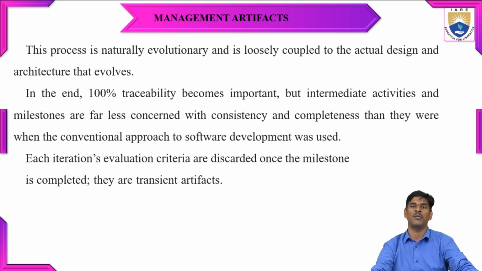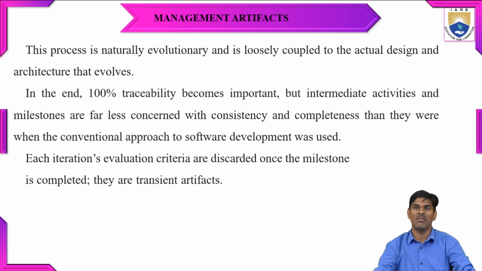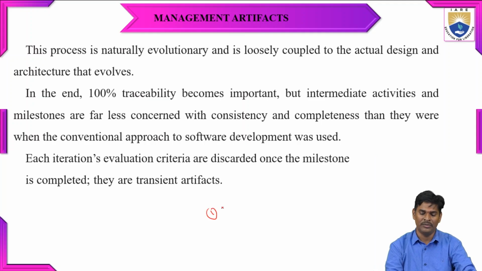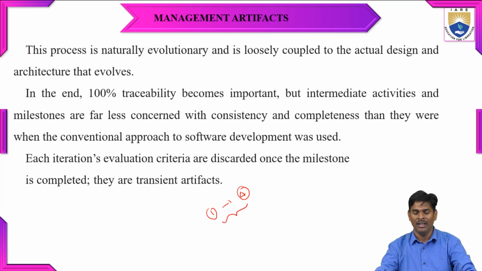So we need to verify the consistency and the completeness of the architecture, and we need to verify the conventional approach to software development. Here we have the iteration evaluation criteria. Sometimes we can discard them once the milestone is completed. It means when you are using the four transitions or phases, we can ignore this evaluation criteria once it is completed without any risk, the four phases like